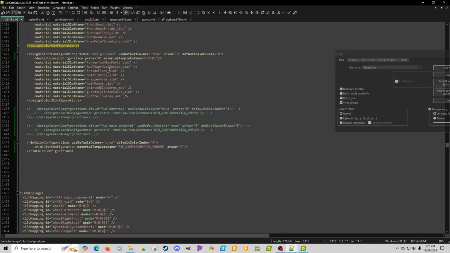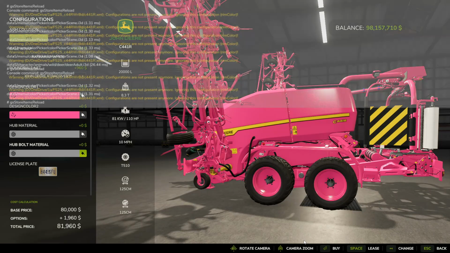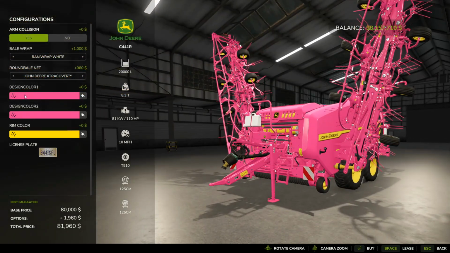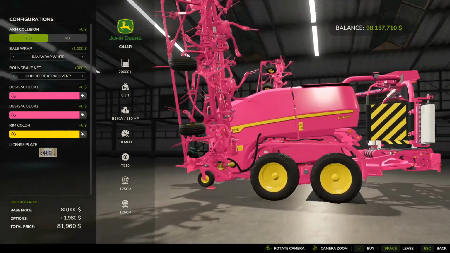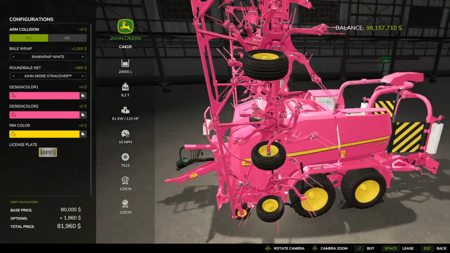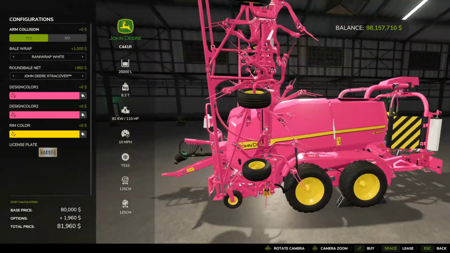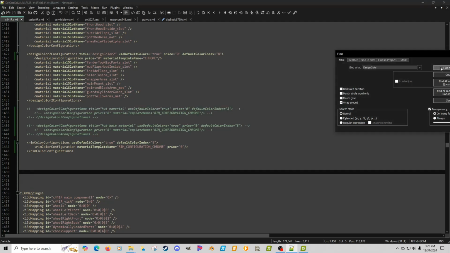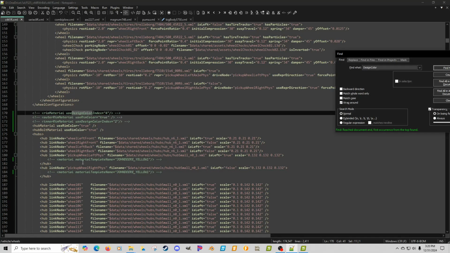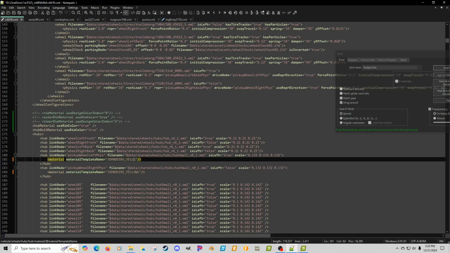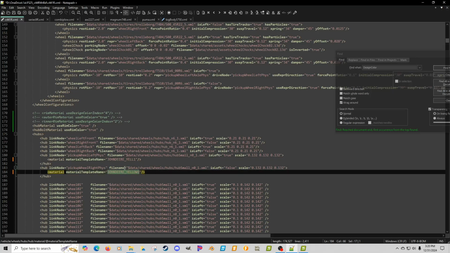So yep, hit save. We come into here, reload. As you can see, it's going to get rid of all the other color configurations. Now as you can see, the hubs and the bolts are all the same color. And again, like I said, you can go to each individual hub and you can specifically, so for example, this thing by default on the pickup wheels was actually using a John Deere yellow 1, so to make it look, well, yeah, we can leave that. Just copy, because I can just